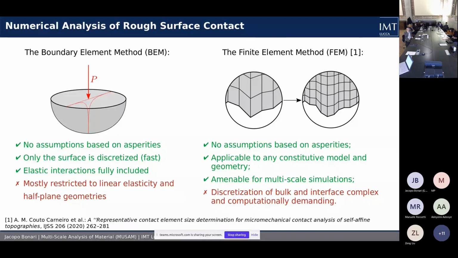Because of this feature, it is much more versatile, let's say, than the boundary element method. On top of that, it's also easily extendable for taking into account multi-domain and multi-physics phenomena. Of course, this comes with a cost, and the cost is that it's a bit more cumbersome to employ than the boundary element method,